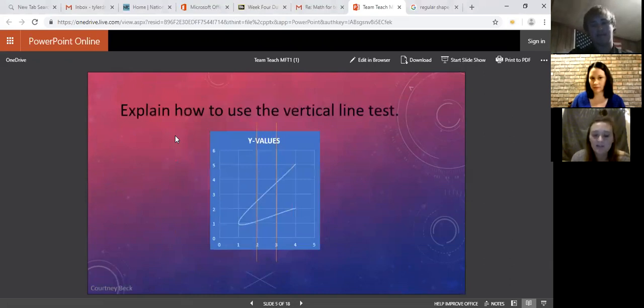The vertical line test is a test to determine if a relation of a graph is a function or not. With the vertical line test, if you draw lines on a graph that has a line segment and the lines hit the line segment twice, like on the x-axis, like you can see on this one, the red line, I drew these lines on here to show that this line segment is running through the line twice,